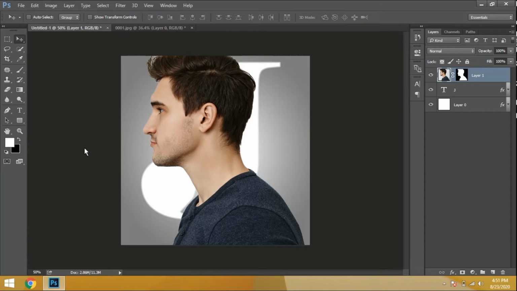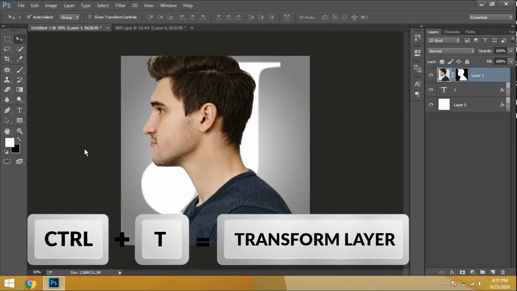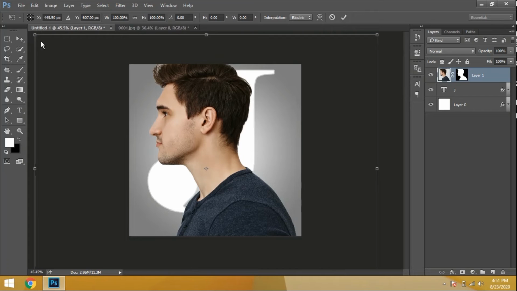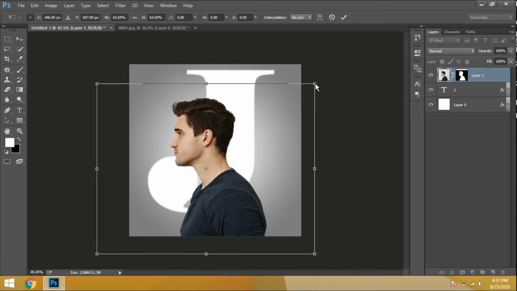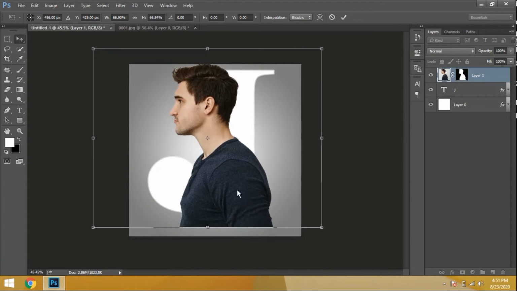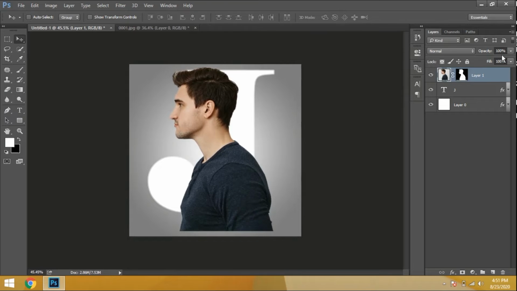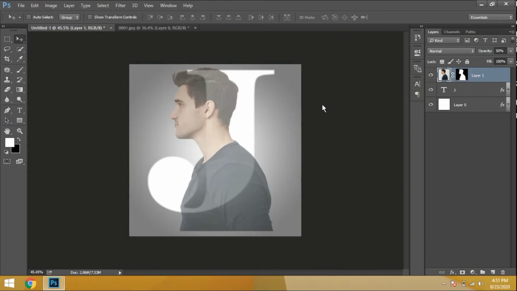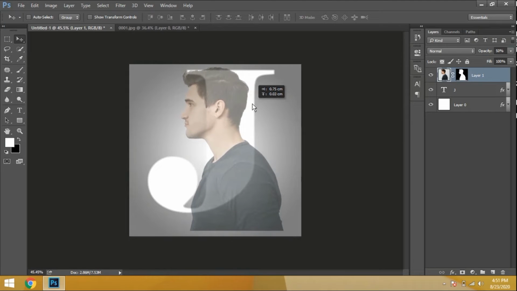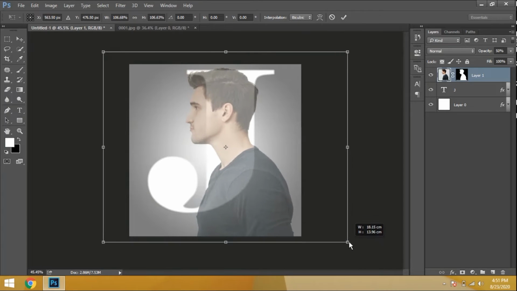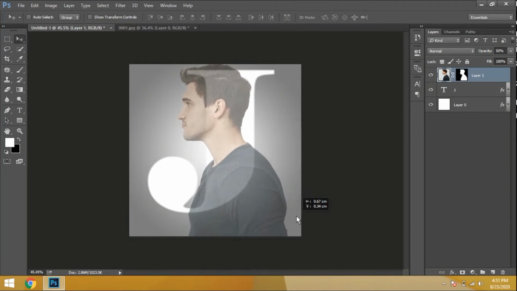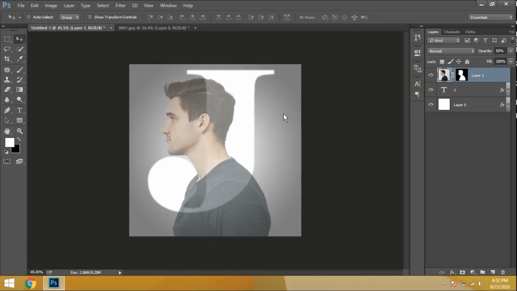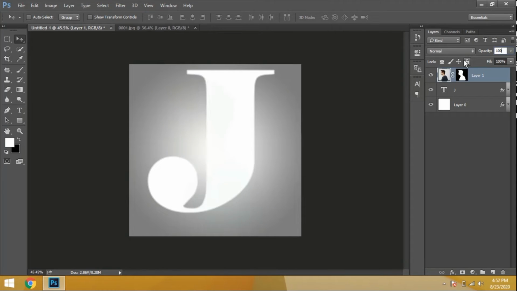The image layer is bigger than the document. Then what we have to do is Control T for the transform controls, and hold Shift plus Alt to decrease the size of the layer proportionally, like this. Now I would like to decrease the opacity of this layer, then you can see the difference between the text layer and the image layer like this. And now you can increase the image layer. This is for visibility purposes only, to see the J letter and the image layer. Now click here and keep it at 100%.